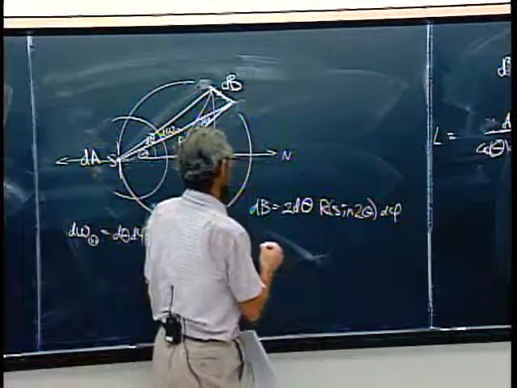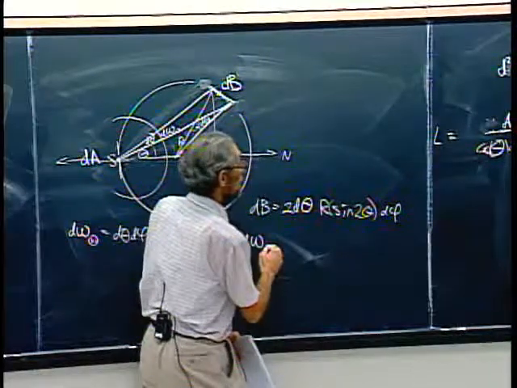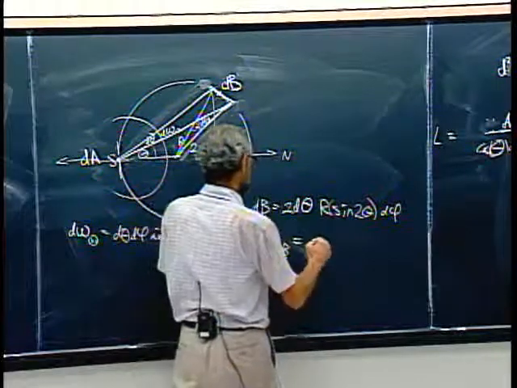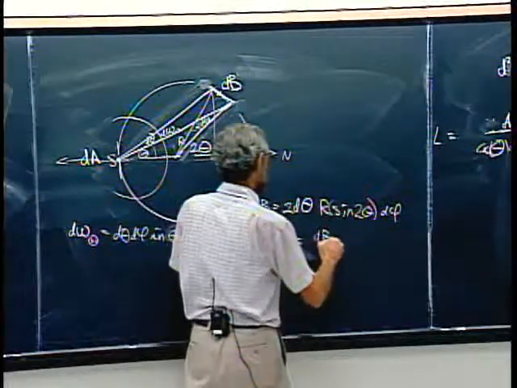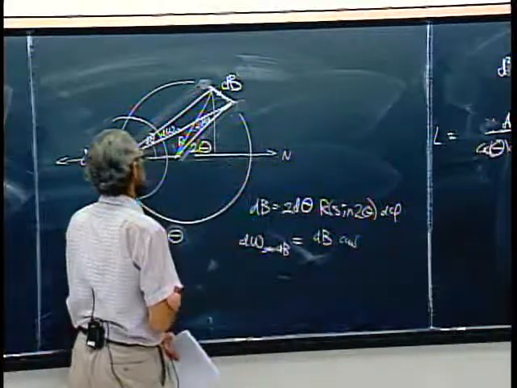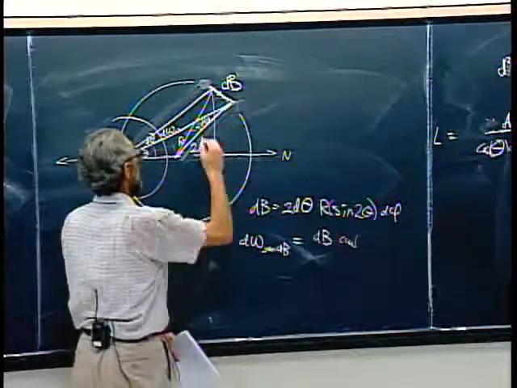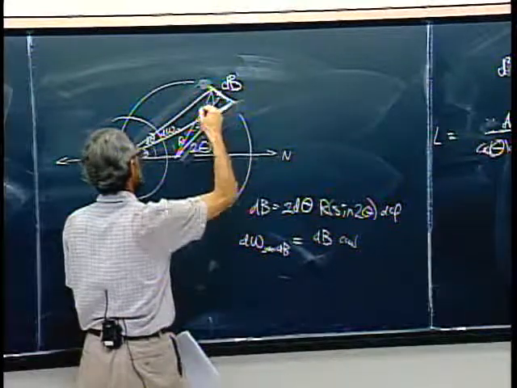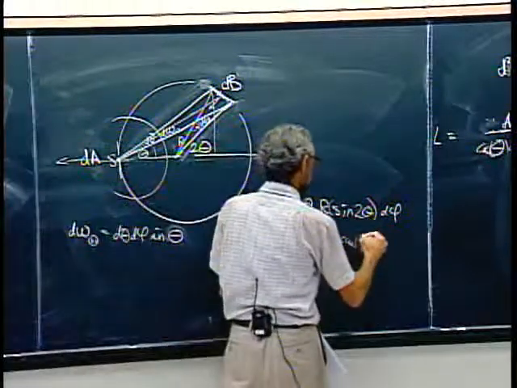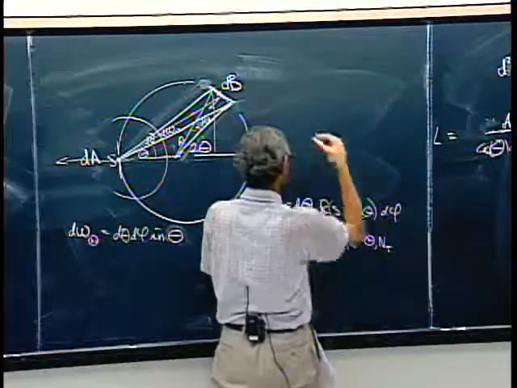That means d omega s from dB to s is the area dB times the cosine of this minus theta, which is my ray direction compared to n at the point t that I'm choosing here,